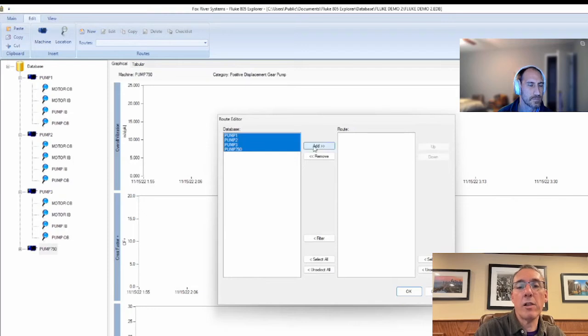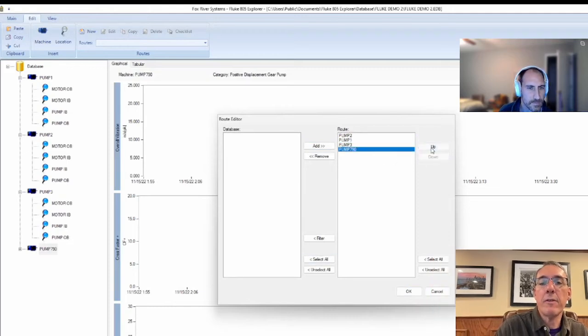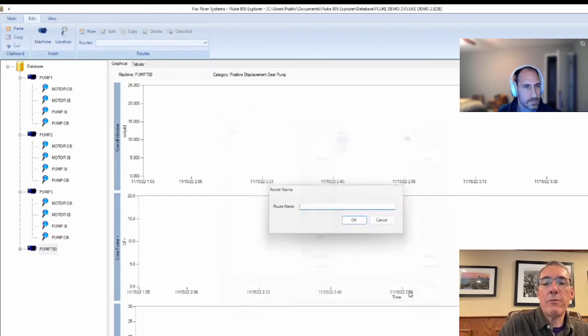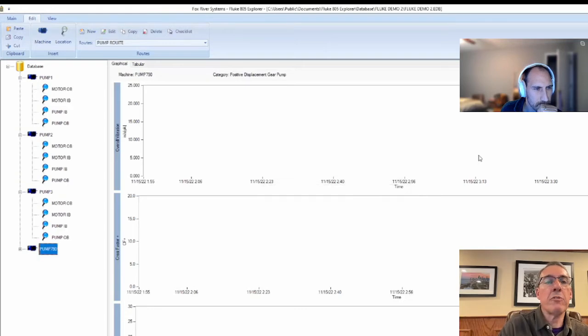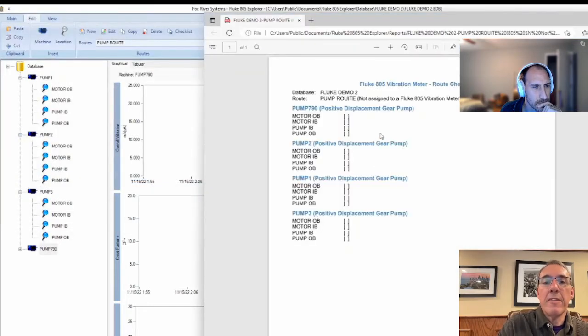And we can select all of them or some portion of them. And you can even rearrange the order of these if you want to. And now we've created our pump route. So now we're done with creating the pump route, and we have a checklist that we can print out that